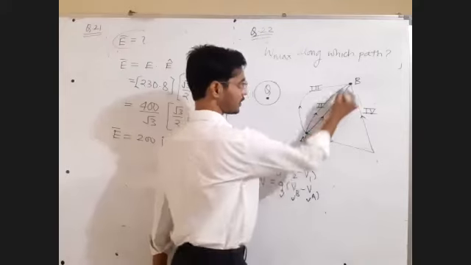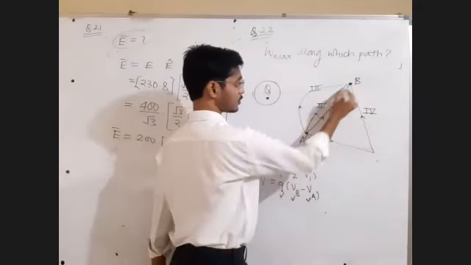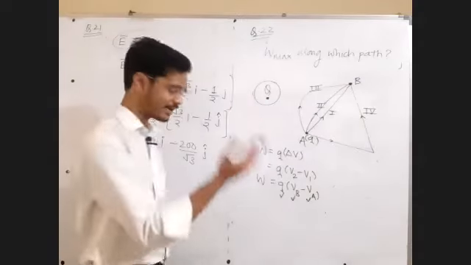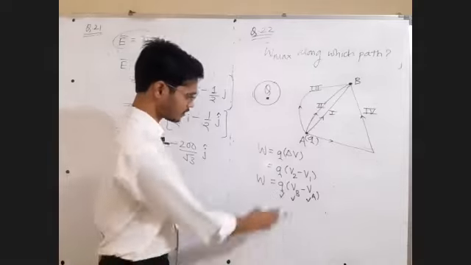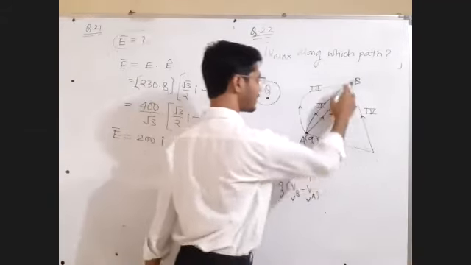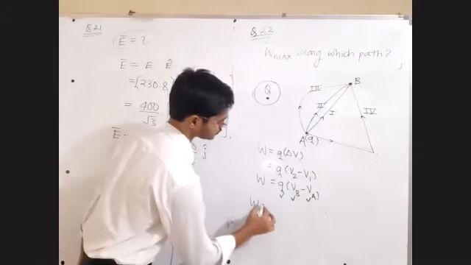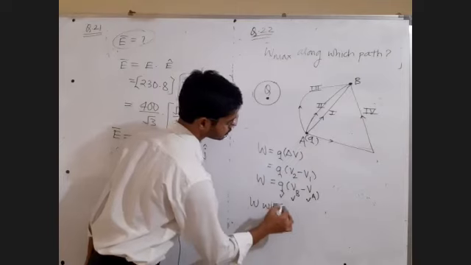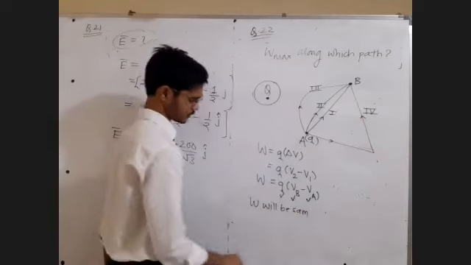If on this path a different charge was moved, and on that path a different charge was moved, then Q1, Q2, Q3, Q4 charges would have come. But right now all these three values are the same for all the paths. So W will be the same for all. Reply in the chat box, clear and written. This is the proper explanation.